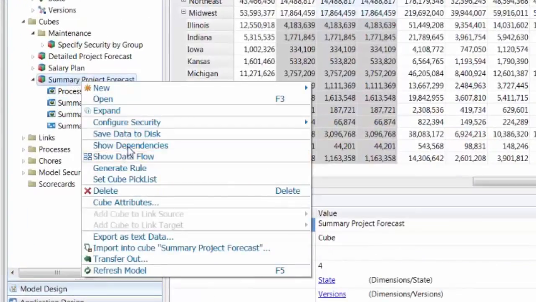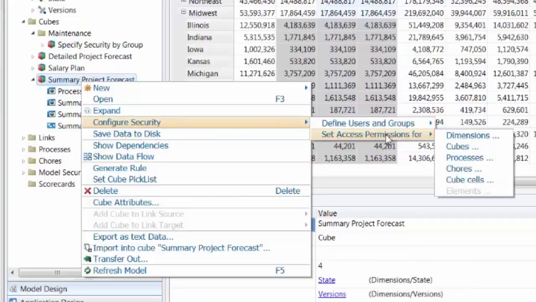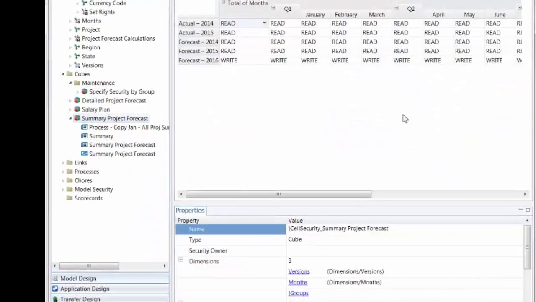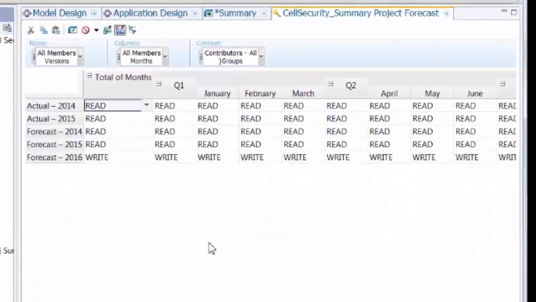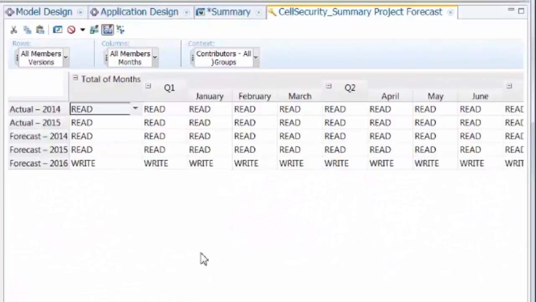So I'm going to configure security and set access permission for cube cells. Now, cell security has been around since version 9 of TM1, but previously you would have had to create a cell security cube that had every dimension in the cube that you're trying to secure. So in this case, it would have had 4 dimensions,